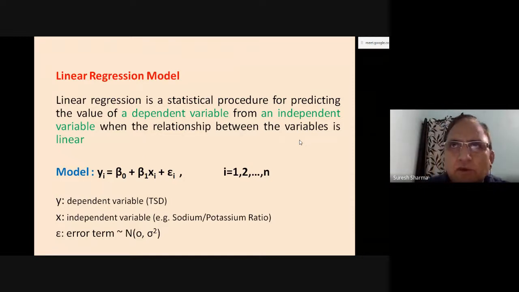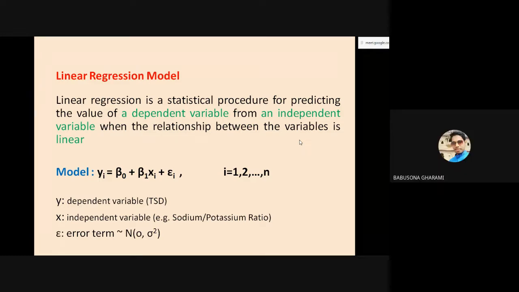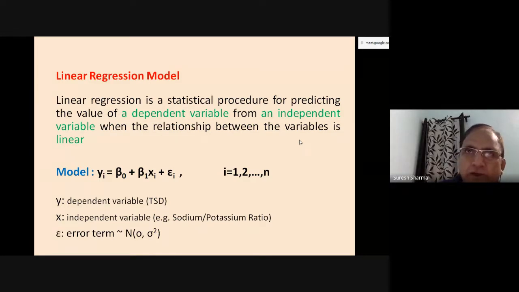Now this is the equation of a line, right? Let's say I give you the value of a, and I also give you the value of b. Suppose the value of a is 3 and the value of b is 5, and now your equation will become y is equal to 3 plus 5x, right? Now if I give any value to x, then the value of y will be known to me, yes or no? Yes. So basically, for some value of x you are going to predict y. That's why the name comes linear regression model, because it is based on the assumption of linearity.